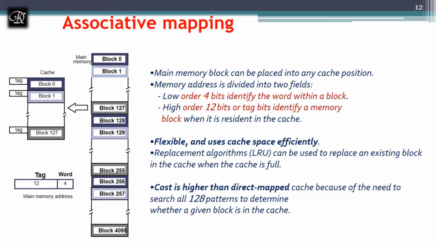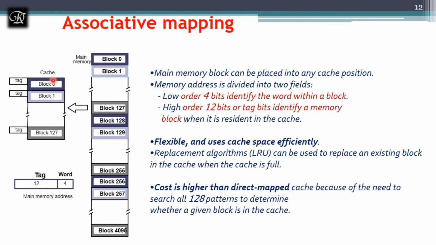The drawback of direct mapping is overcome by associative mapping, so for the same configuration whatever I have discussed, here we are going to use associative mapping. The associative mapping is not like the direct mapping. Here we don't use any modulus technique to decide where to place the block from main memory to cache. The associative mapping finds an empty space from 0 to n in the cache, and stores the blocks.